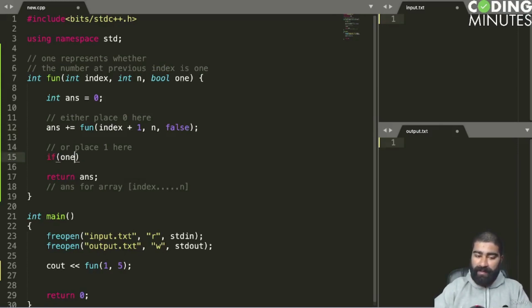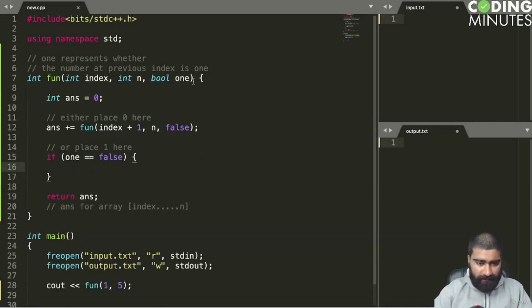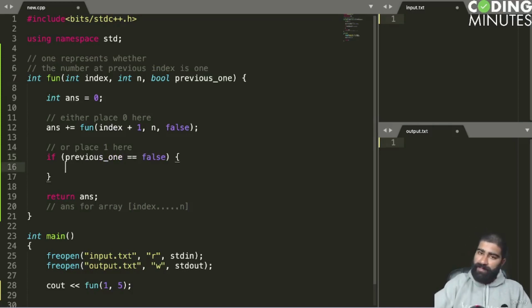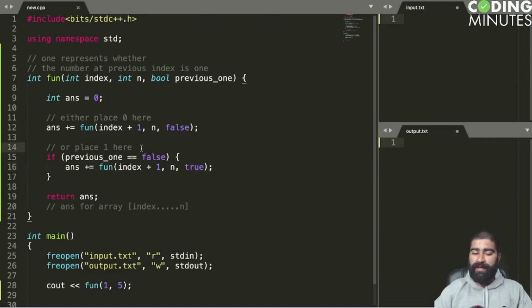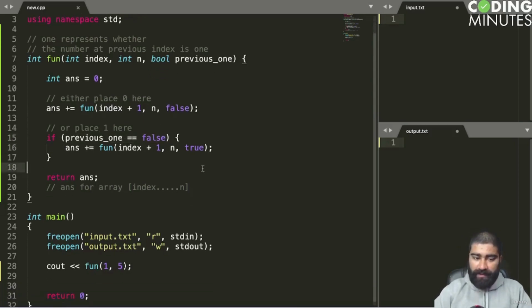And when can I place 1 over here? I can only place 1 over here when it is equal to false, right? So okay, let me rename this. Let's call it previous one. Cool. So if previous one is false, that means if I have not placed 1 before, then I can place 1 here, right? So answer will be equal to fun of index plus 1 comma n comma true. Let's call it true. Why am I calling it true? Because now I'm placing 1 over here. This is the case where I place 1, and when do I place 1? There is only one condition, that there should not be a 1 in the previous recursive call, right? So this is simple